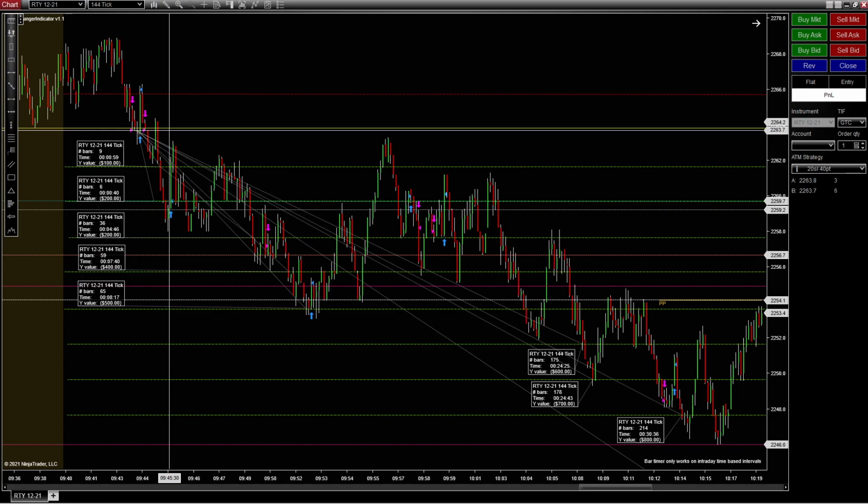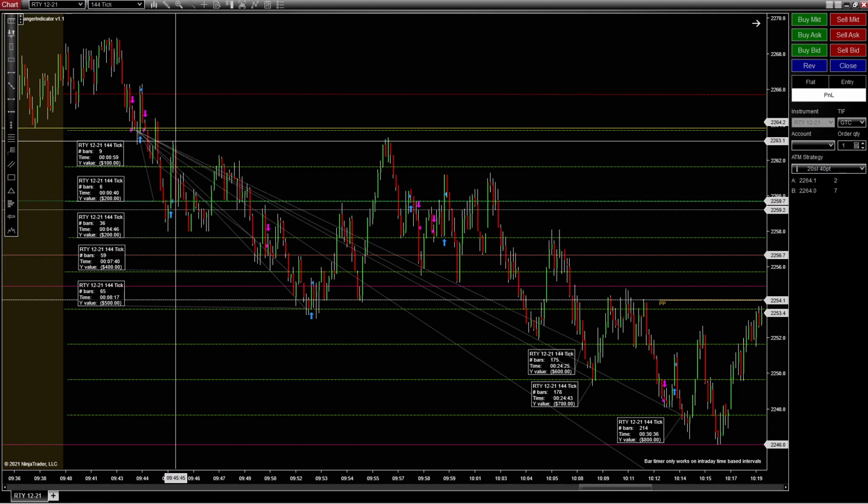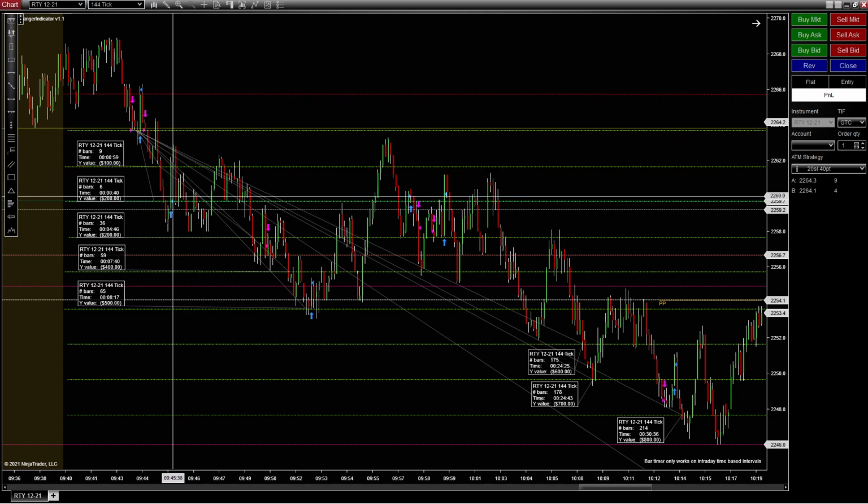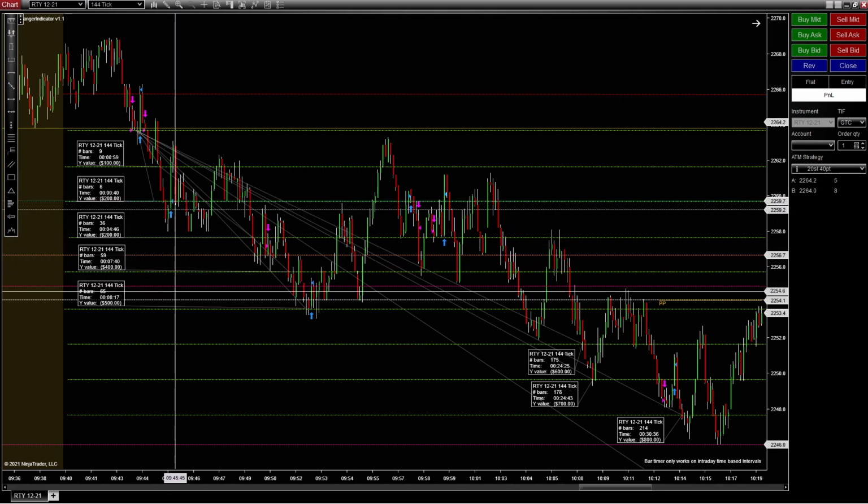That's going to be there, and then your entry is going to be one tick under. The indicator will automatically put in your risk to reward lines here. So you're going to have your entry right there. It's going to put that in. It's going to put this here. And then it's going to be a 1 to 1, 1 to 2, 1 to 3, 1 to 4, 5,